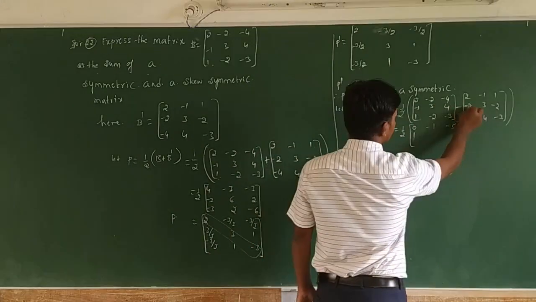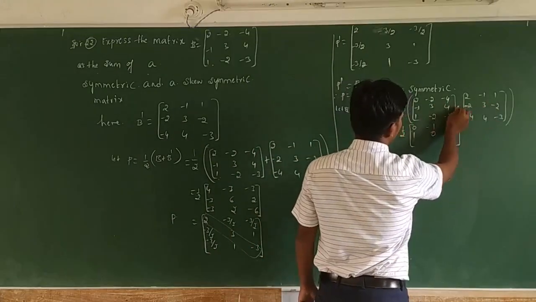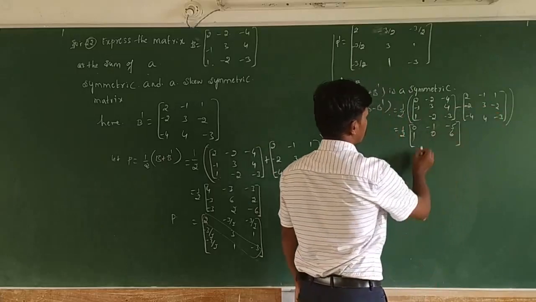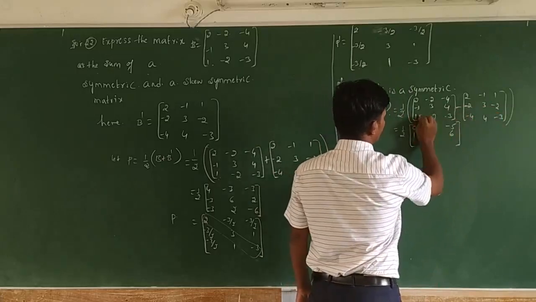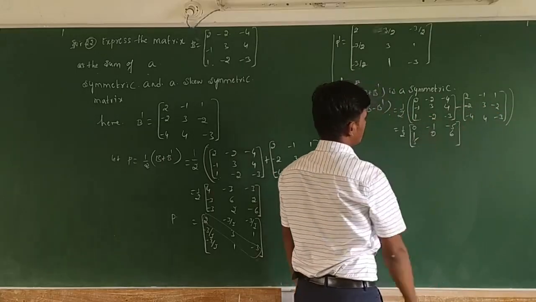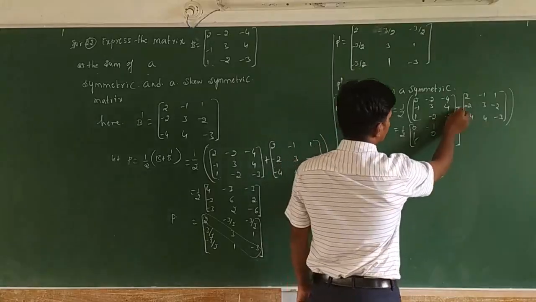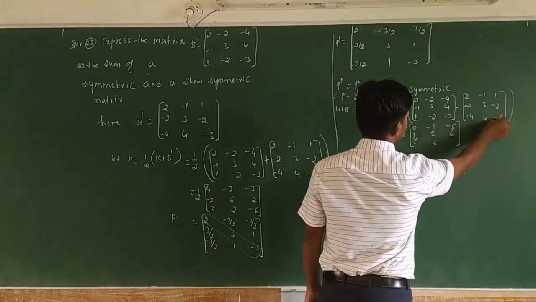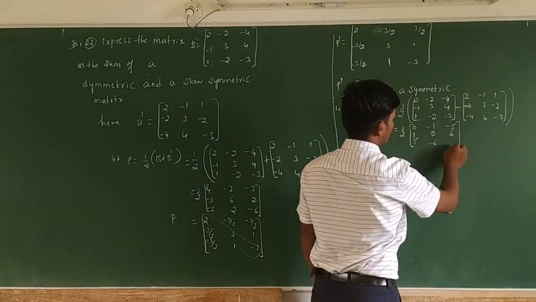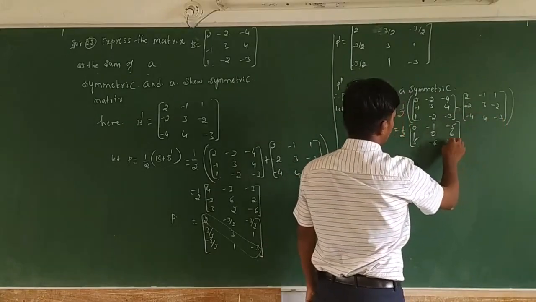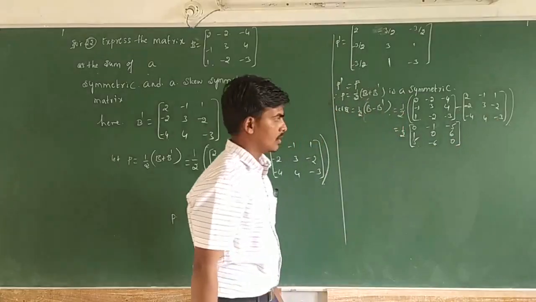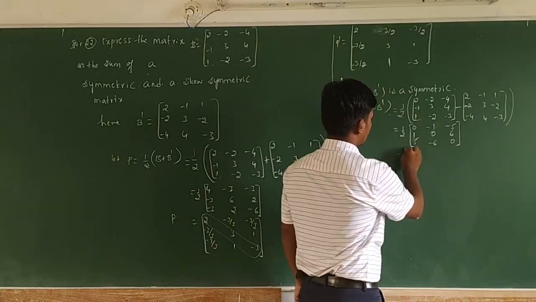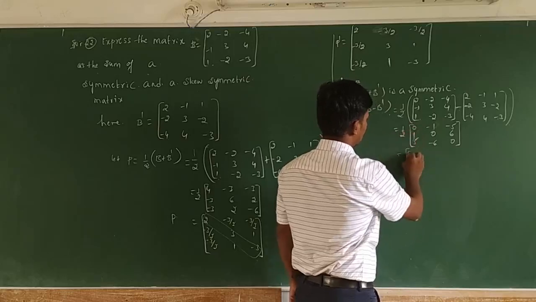Then 3 minus 3 is 0. 4 minus -2 is 6. Then 1 minus -4 is 5. Then -2 minus 4 is -6, -3 minus -3 is 0. Again applying scalar multiplication of a matrix: